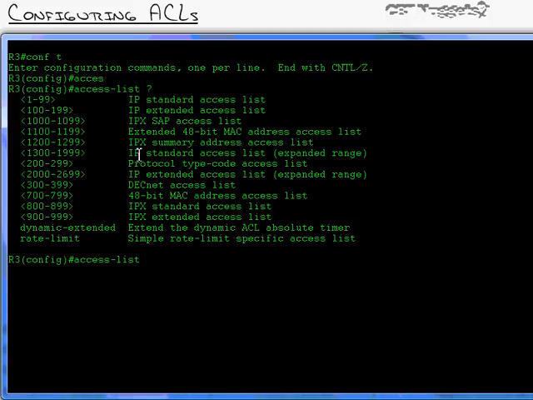Now you can see all these lists. I type in access list and it says, okay, type in a number 1 through 99 if you would like to create a standard access list. If you'd like to create an extended, go ahead and type in number 100 through 199, and that will configure one of those. Now you can see as we go through this list, there's plenty of other ones like IPX